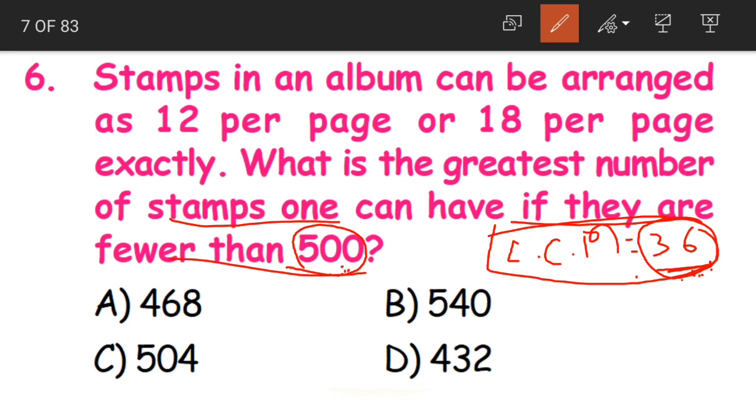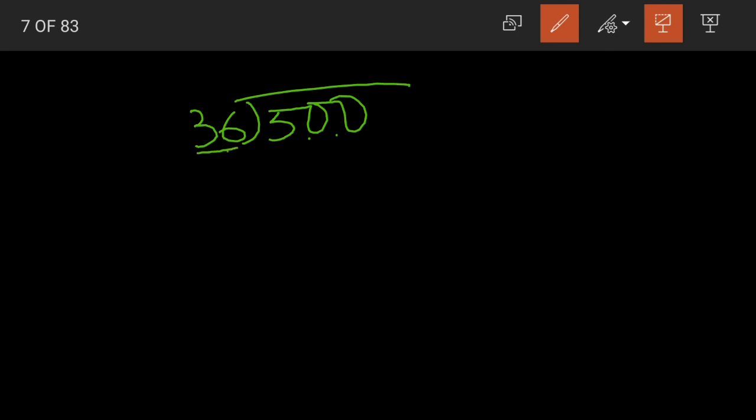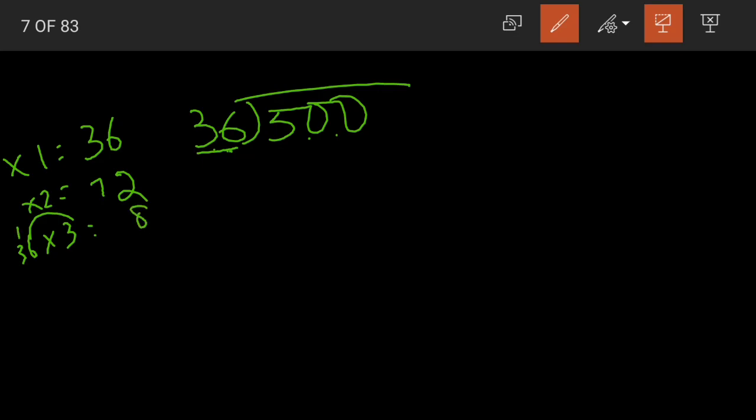So first let us divide this 500 by 36 and see. Why are we dividing 500 by 36 only? Because the number is to be a multiple of 36. That is why we are dividing with 36. We have 36 ones are 36, 36 twos are 72. Yes, 36 threes are, 3 sixes are 18, 1 carried, 3 threes are 9 plus 1, 10, 108. 36 fours are 144.